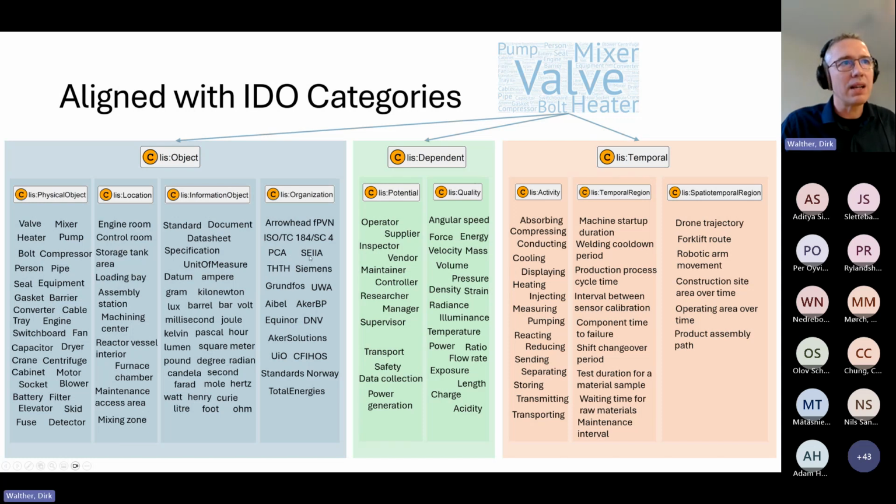We find that our companies that we work for or organizations we are involved in, that they are organizations. We see that operator, supplier, inspector, vendor, and so on, that they are roles that somebody can take, and that data collection, power generation, transport, that these are functions that something can have, and these are organized under potential.